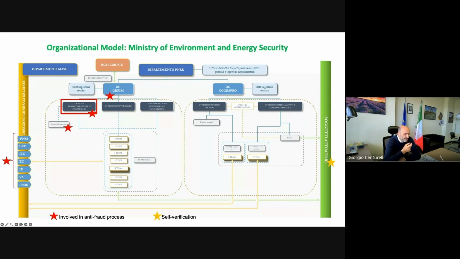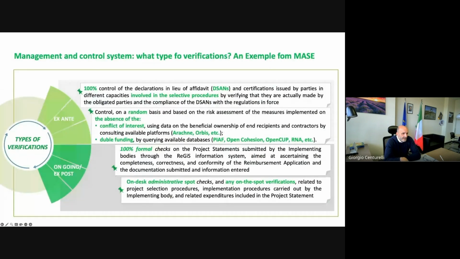A specific office is established, the control office, where we have established a control unit in charge of all the control operations for the respect of the rules, national and European rules, and other specific rules or principles required by